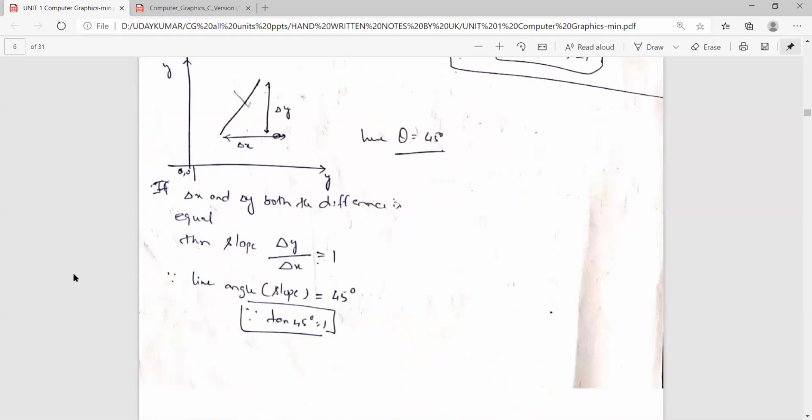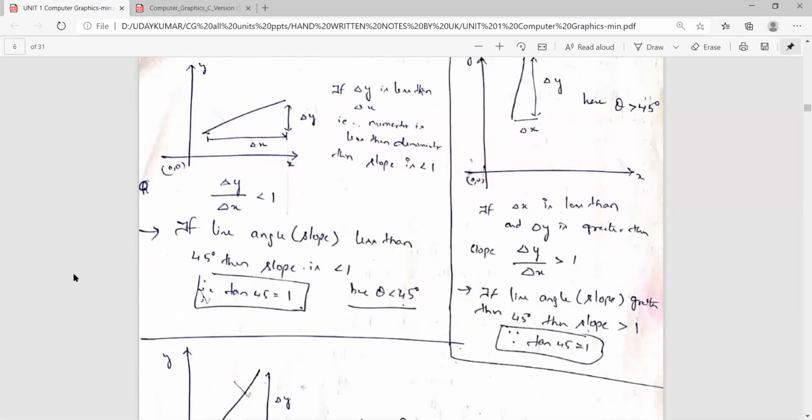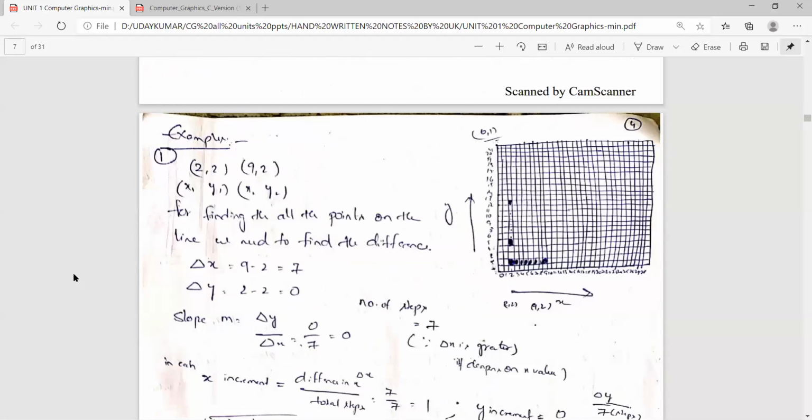So from the above scenario, what do we get? We got the slope 0, right? So which case is this? Less than 1. So this is the case. The straight line is less than 45 degrees with respect to the origin. Now we have calculated the slope. Since delta x is greater, it depends on the x value. Since delta x is greater,